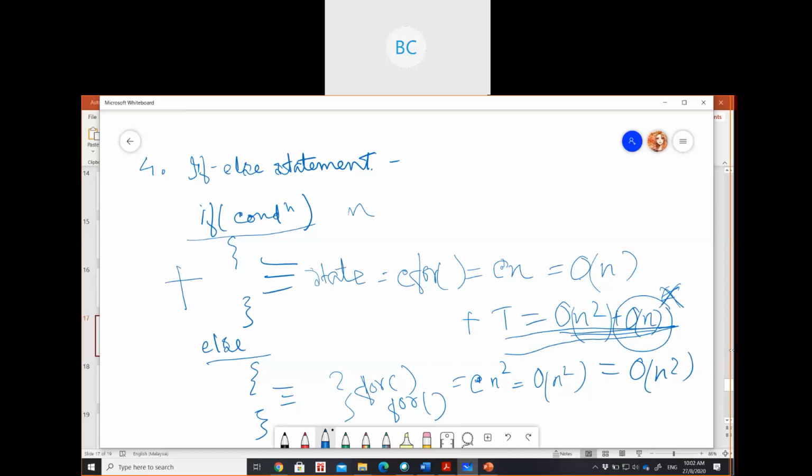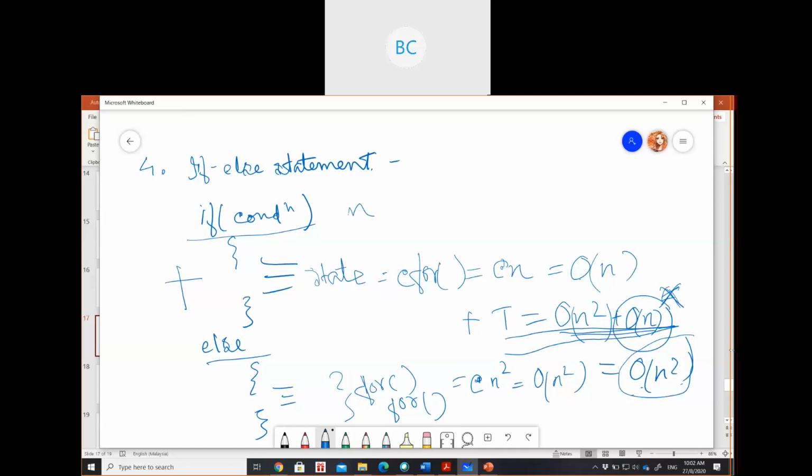So your total time complexity here is O(n square) plus O(n), but the final worst case complexity is O(n square). Even if it's omega or theta, the time complexity will be n square. Why is it? Why is the final time complexity O(n square)? Why did we neglect this O(n) term?